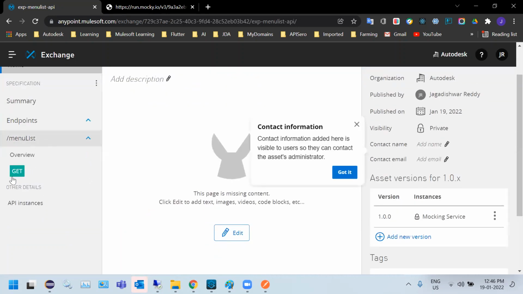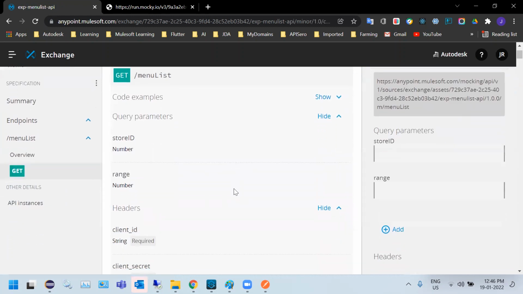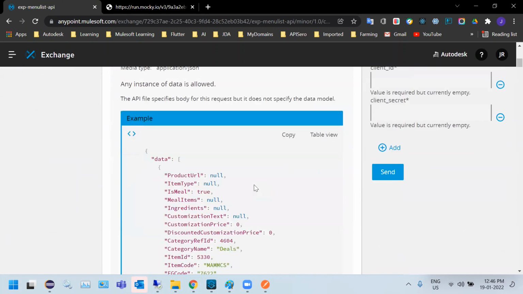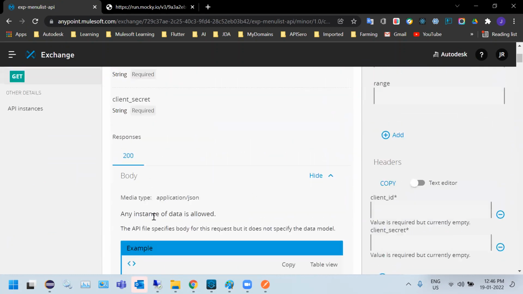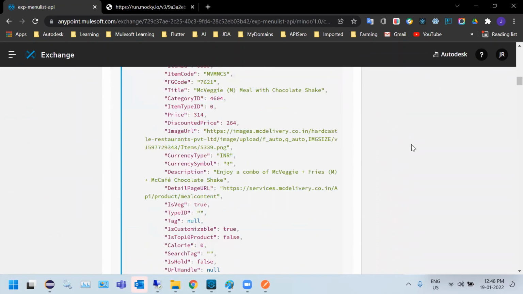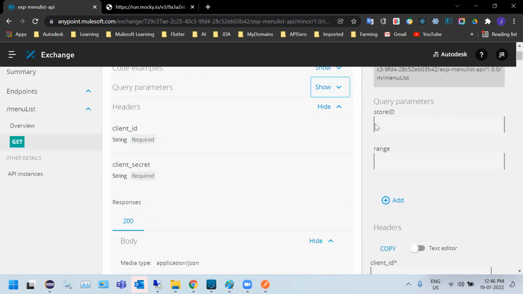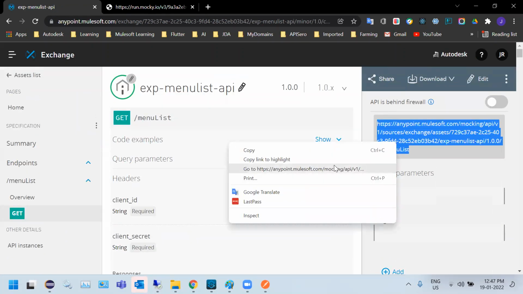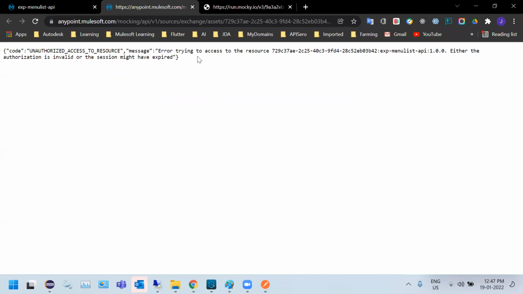Here I can see the endpoints that are configured. I can see what request details I need to send, be it headers or query parameters or anything. I can also see the sample response that I can get. And there is this sample mock URL. If I open this mock URL, see here,